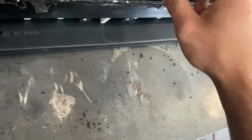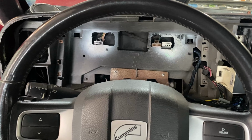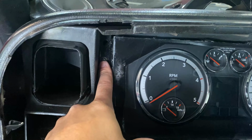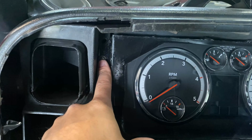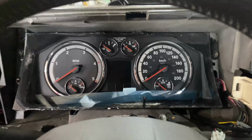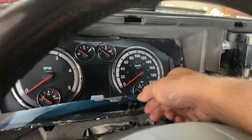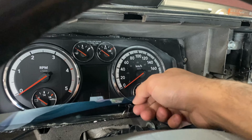So now we can take it and put it in the vehicle, bolt it in, and now you have a 2010 to 12 cluster that is direct bolting to this truck. Now I'm going to bolt this in because I can't hold the camera and bolt this in at the same time, but I'll show you what it looks like. So now you see I have it bolted in, factory mounting. And then this is what it looks like. As you can see, you can pull on this, it doesn't come out. Then if you were to turn it on,